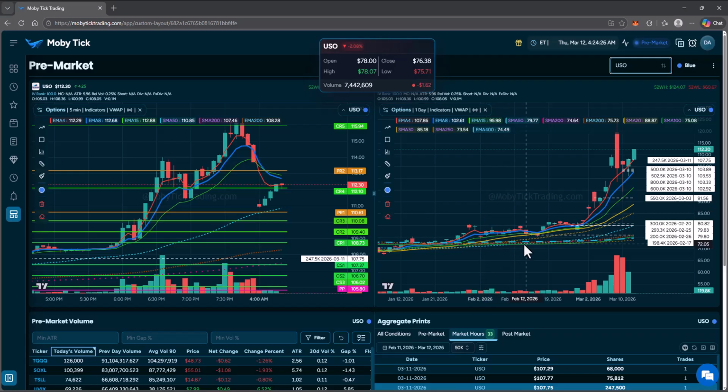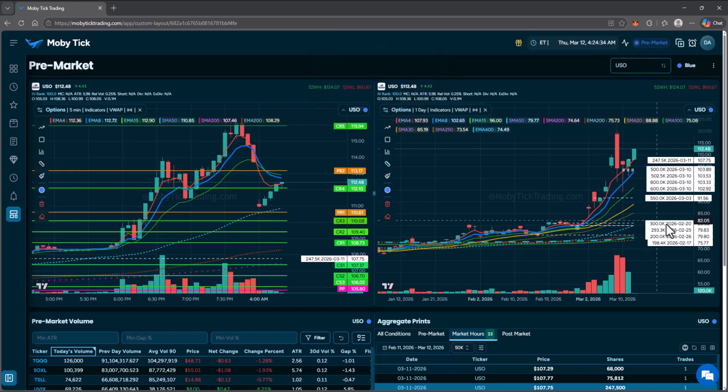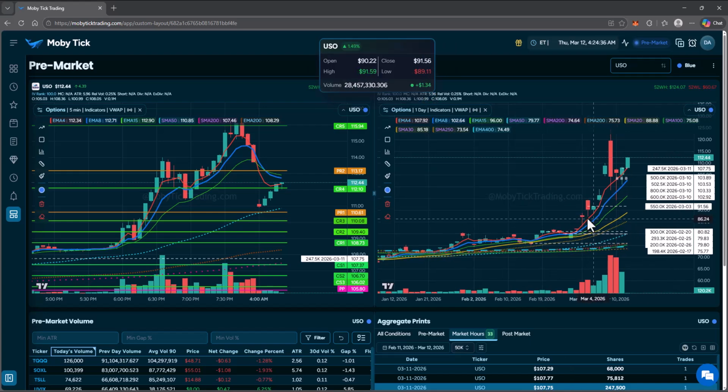Okay, so USO, this one, the ATR is a little bit less. This one is, well, it's 596 actually, so I take that back. It's not bad. The other one I wanted to look at was XLE. That one's got millions and millions. If you want to have a look at XLE at some point, but USO looks like the better trade for